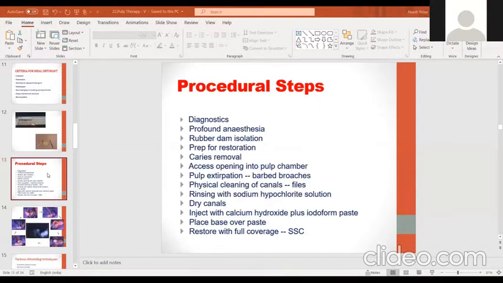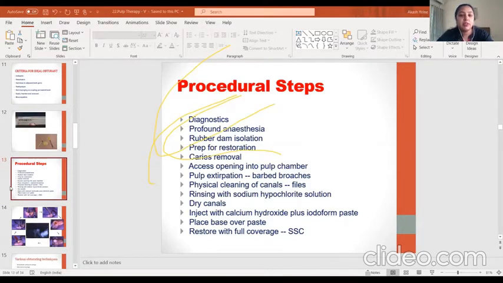Now the procedure of pulpectomy involves first of all giving anesthesia. First of all, the diagnosis of the tooth should be correct, that it should be indicated for pulpectomy, not extraction, not pulpotomy, neither apexification nor apexogenesis. Then the cavity preparation should be there. After cavity preparation we will do access opening. This all I had explained on a blackboard.